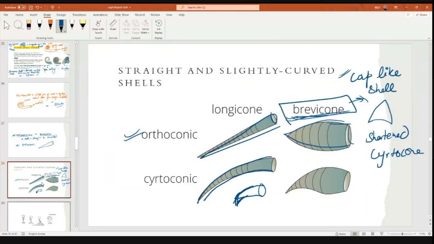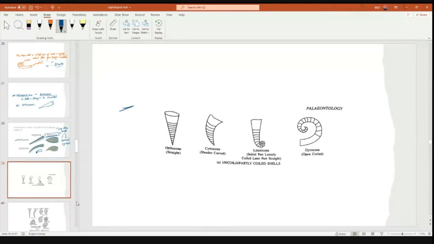So now see this, these are all in one figure. This is orthoceras, which is straight, cyrtocone, which is cylindrical and slightly curved, and lituticone, which has the initial part loose. No, these are tight. Okay, in some cases they may be loose, but they are kind of tight, or they may be coiled. If a question comes where the initial part is loose but the latter part is straight, then you just go with the lituticone.